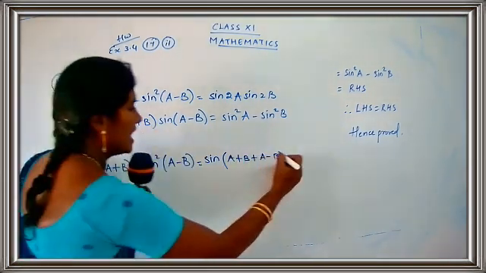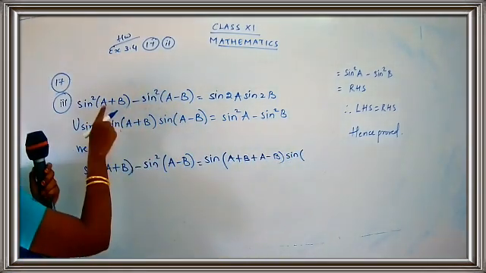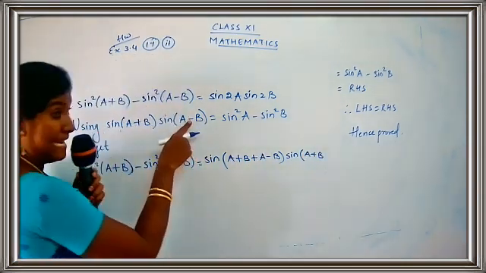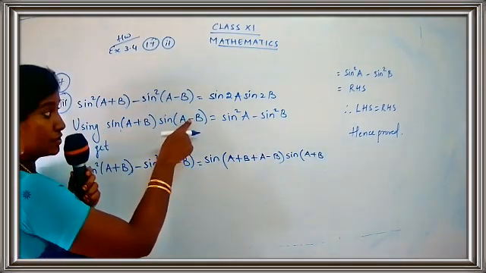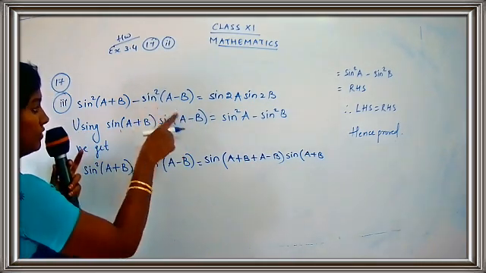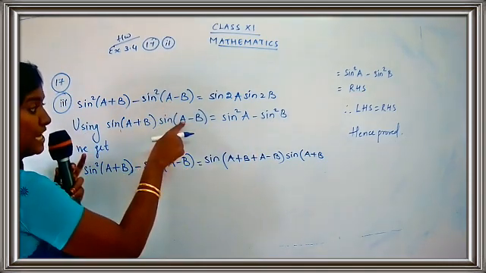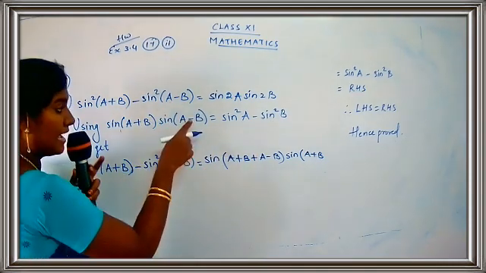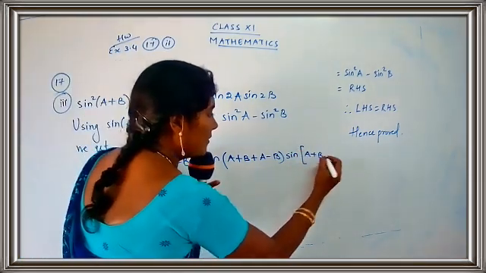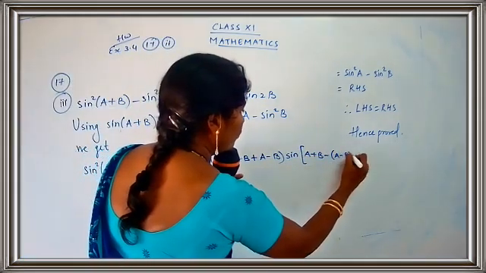Again, you have to write down sine of a. What is a? a plus b, minus. Remember, you have to use your minus. So when you take minus, the sign changes. So you have to write b as a minus b. Yes, you have to change the sign because here we have the main sign as minus. Or if you have confusion, we'll have one more step. I'll put here minus (a minus b). No problem. I'll do one more step.